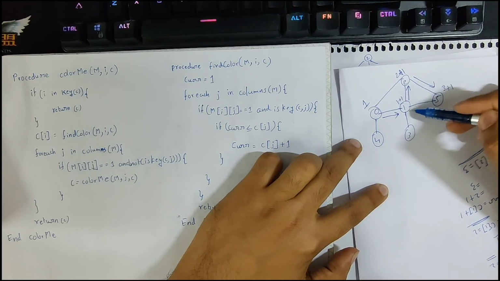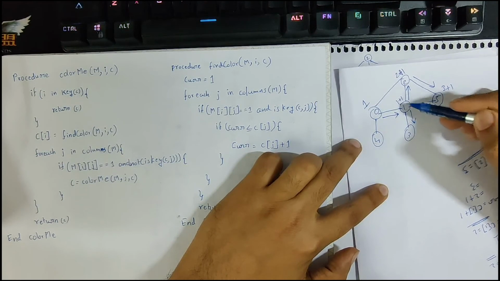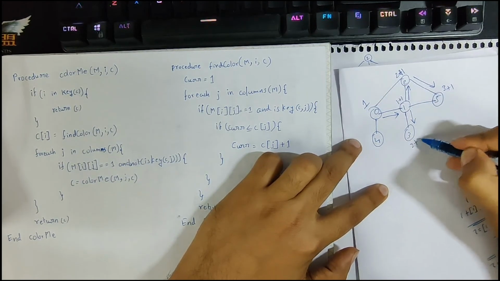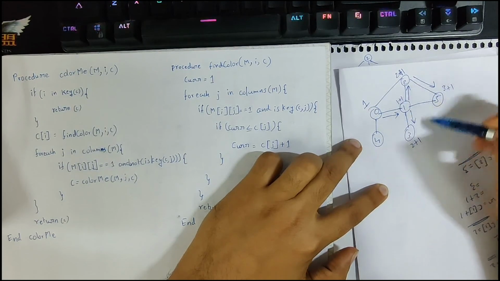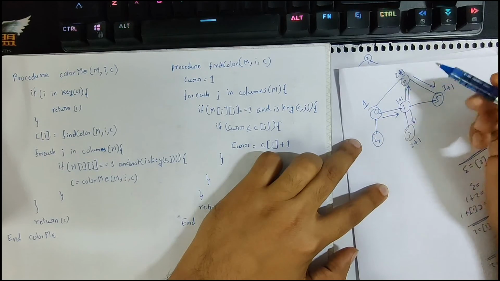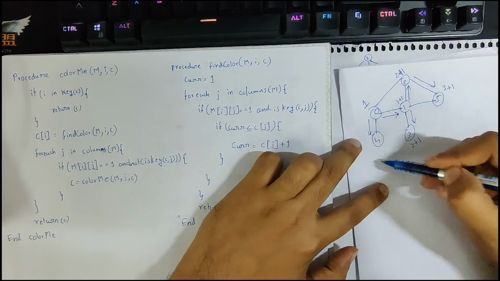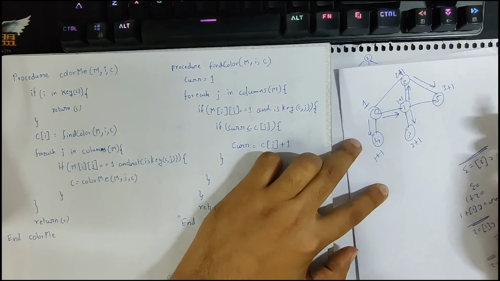This became 3 plus 1, and from 5 we already covered all the vertices, so we went back here, then went back to this step, and there is an uncovered edge, so we went here. There is 2 plus 1 for 3, and even 1 we have covered all the edges, so we went back, and there is one vertex which isn't covered, so this will be 1 plus 1. So this is a simple DFS tree pseudocode.